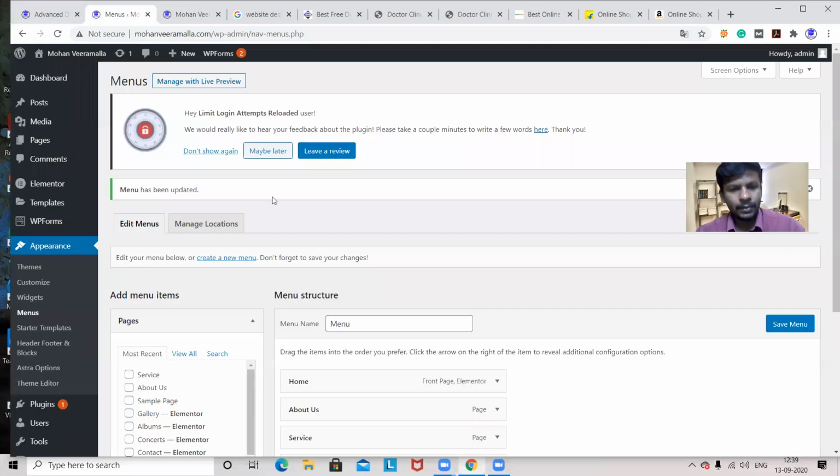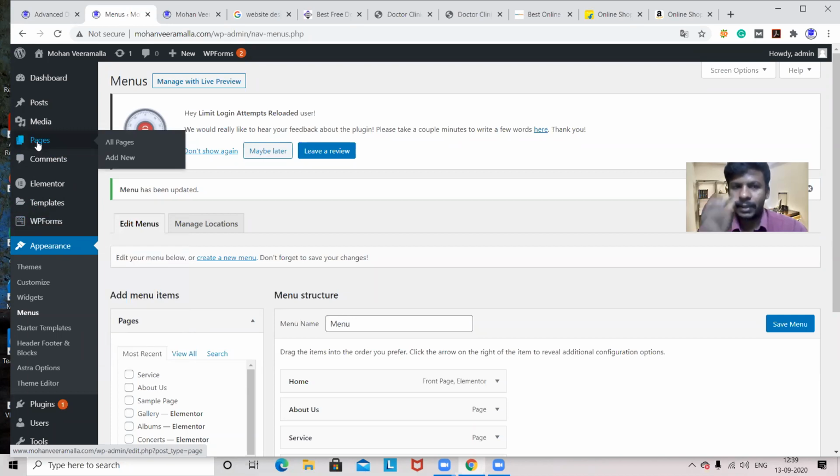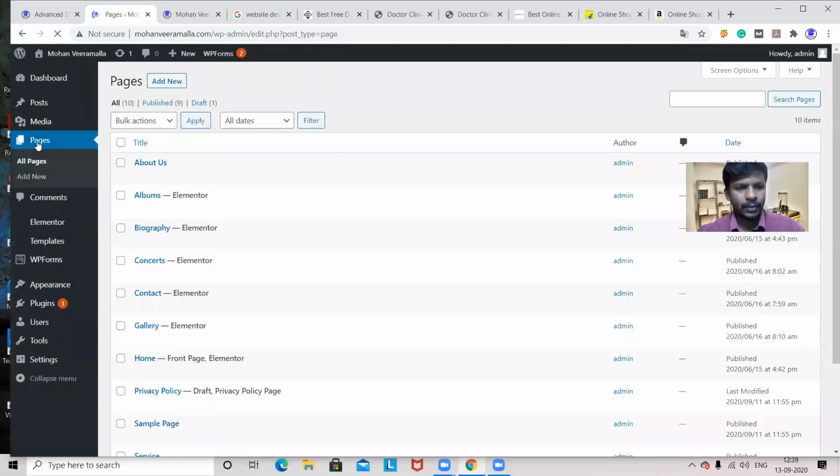So what I can do for that, first I have to create a page. Whichever sections you want to show in the drop down, those sections you have to create first. Now in the services, I want to show 2 services. So I'll go here, I'll create a page again.